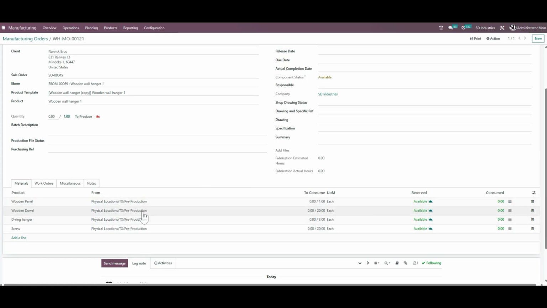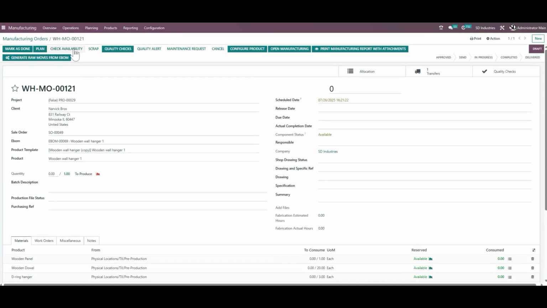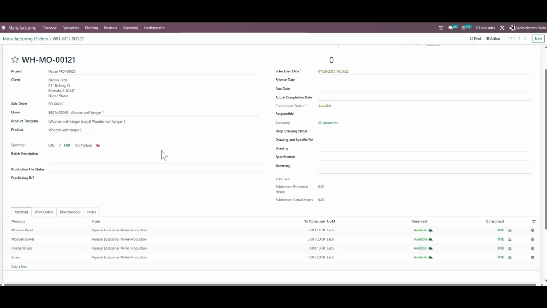If it's not, then we need to create the purchase order, purchase it from the vendor, and attach the purchase reference over here. That's how it is, and then you can do an internal transfer over here, and by default Odoo picks the wooden panel. If the wooden panel was not available and you just created a purchase order, you receive it. In the receipt, you validated the order and the quantities. And once you come over here and put the check availability,